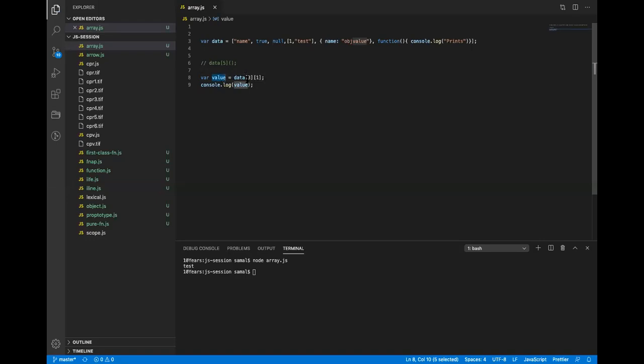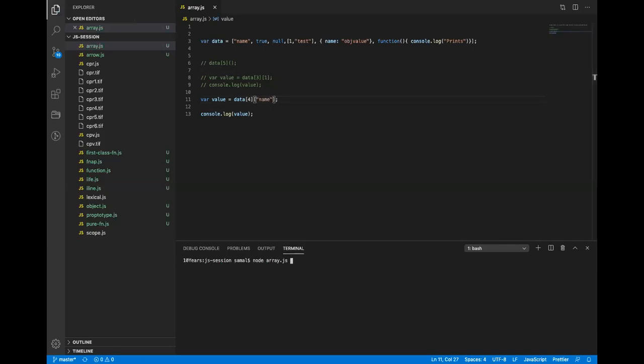Same way, let's say you want to read the object. What will be the syntax for that? If you want to read the object value, you add one more square bracket with a string name, or dot name.